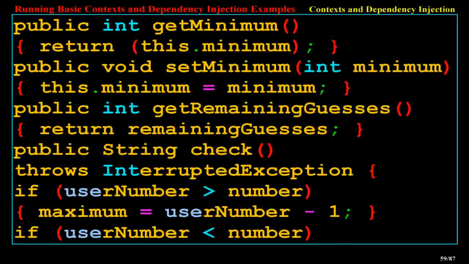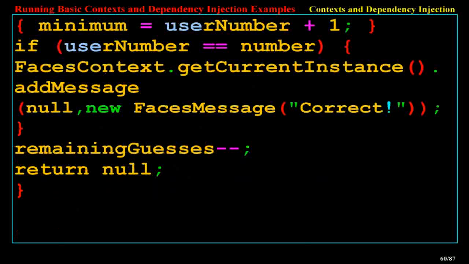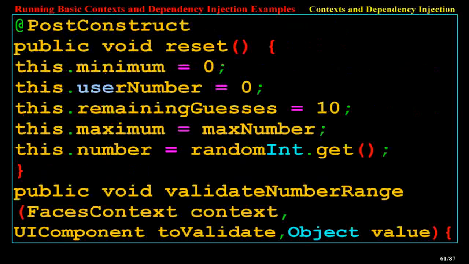Public String check() throws InterruptedException: if userNumber equals maximum, set userNumber to 1. If userNumber equals minimum, set userNumber plus 1. If userNumber equals number, FacesContext.getCurrentInstance().addMessage(null, new FacesMessage("Correct!")); remainingGuesses = 0; return null. Then the PostConstruct public void reset():